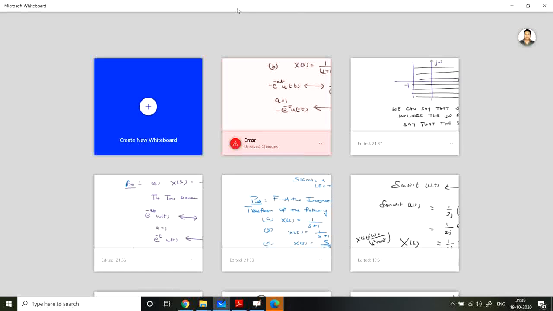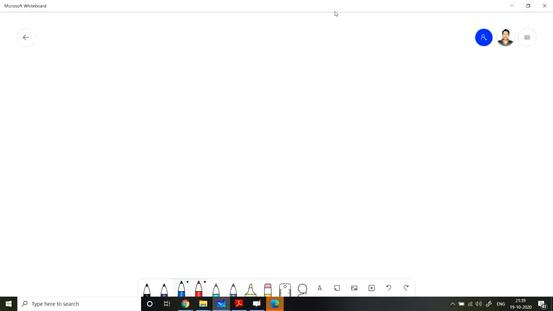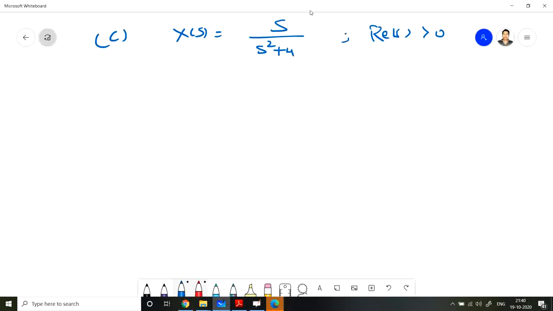Let us do another problem. That is part C. X(s) is given as s divided by s square plus 4, and the real part of s is greater than 0. If we analyze this problem, then we can easily find out that the standard form is